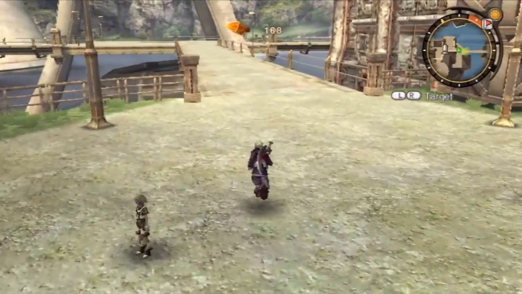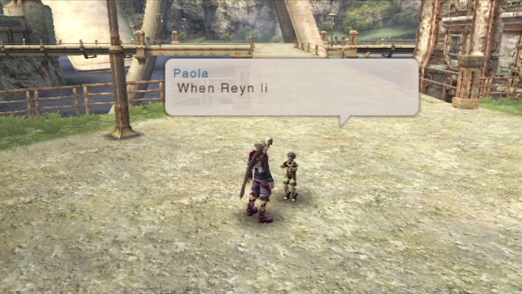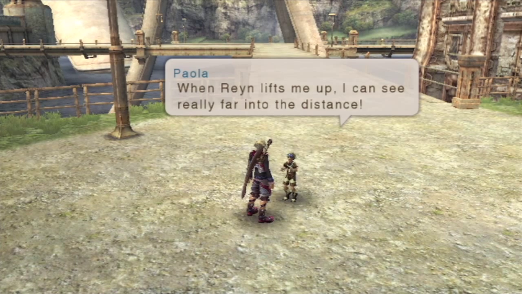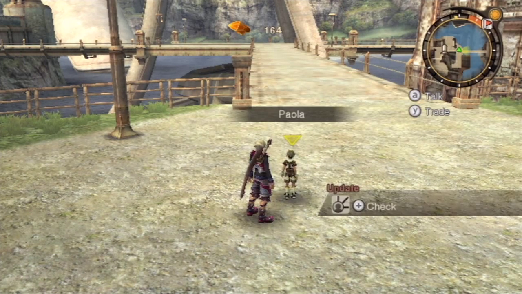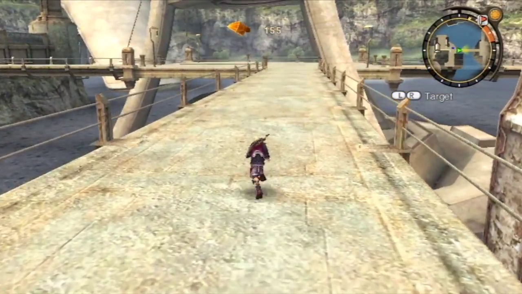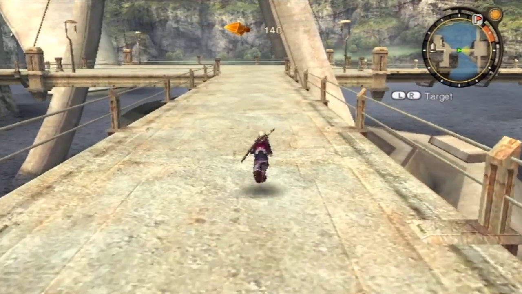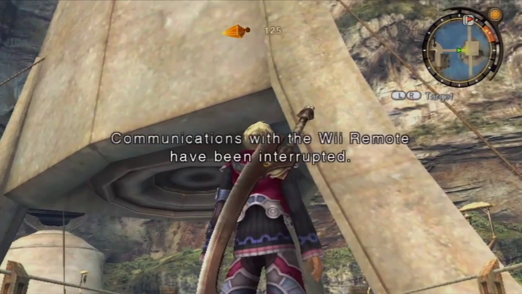Alrighty, cool. Sorry for doing that, and we found another named NPC, Paola. "When Reyn lifts me up, I can see really far into the distance. I love it when he bounces me up and down on his shoulders." Oh, that's nice. Seems this little kid really likes Reyn, so that's a good thing to know. Alrighty then. I think that's about it in terms of that. If we find any other NPCs that are named...